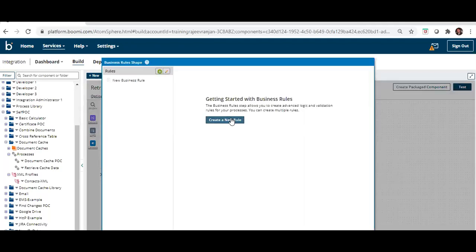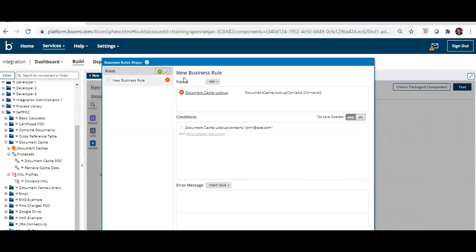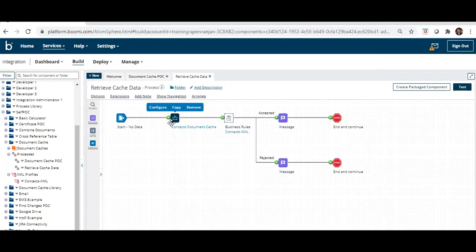In the business rule, we have created one business rule. The business rule we have taken is the document cache lookup. In that document cache lookup, if you see, the document cache lookup contains john@.com, which means we are comparing whether the document cache lookup, whatever we are getting, contains the static john@.com. So whether this retrieve from cache is getting a result or not, we are comparing it here.